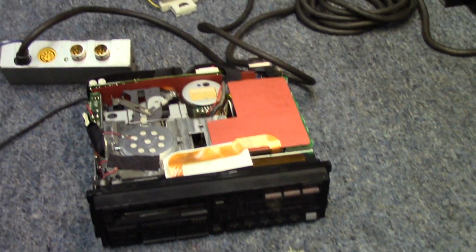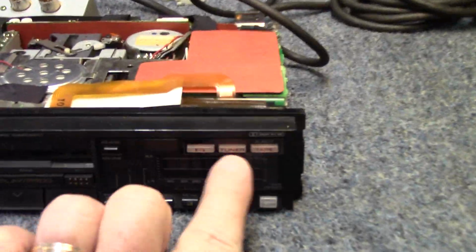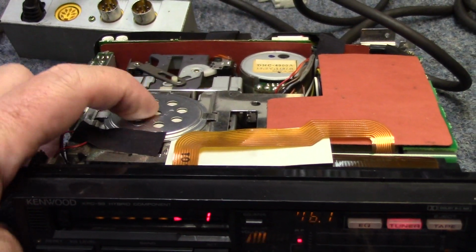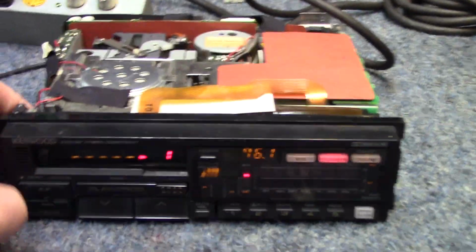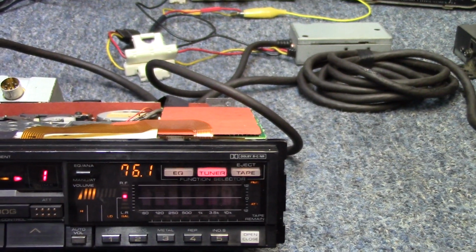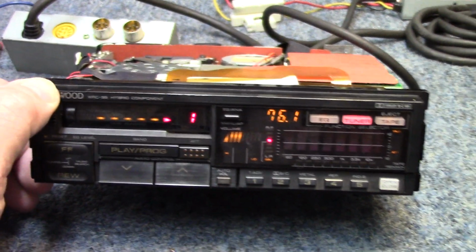So I'll go ahead and show you what I know about getting the radio hooked up. Got it fed into the power supply here. Power supply is on, and this is what we get. Let me get my chair here so I can sit down. And this is what we get when we hit the tuner. There's a little buzzer module right here on the top of the tape cassette housing that makes beeping noises when you push buttons. So the FM frequency here, 76.1, and this radio did come from the Asian market,